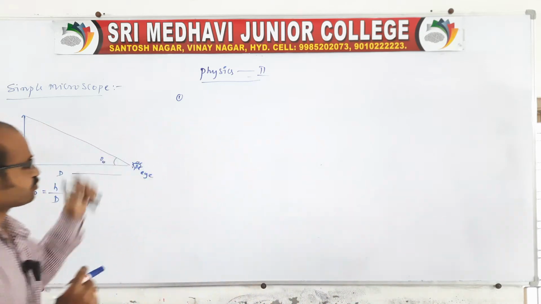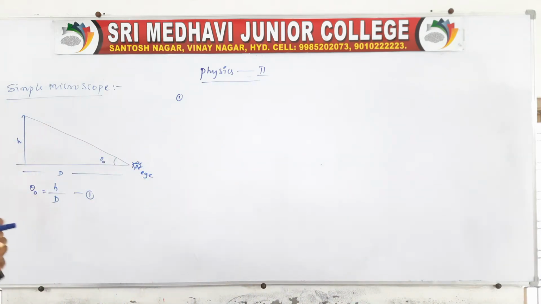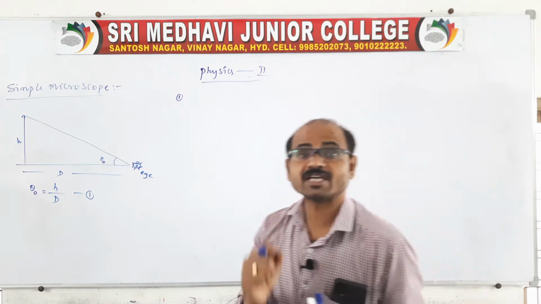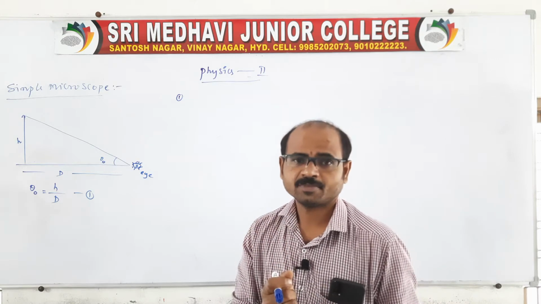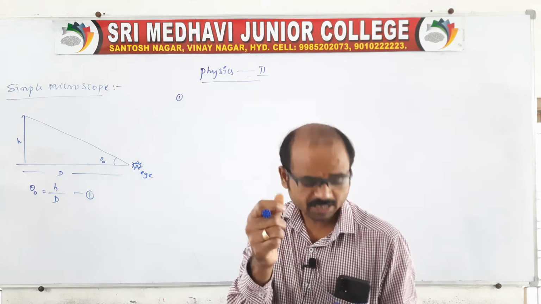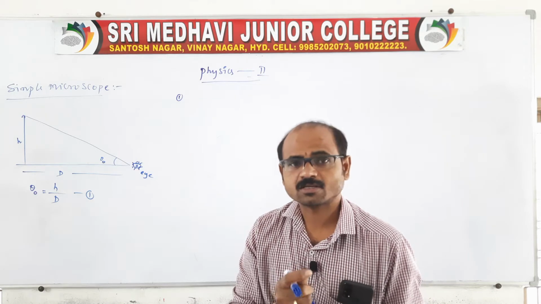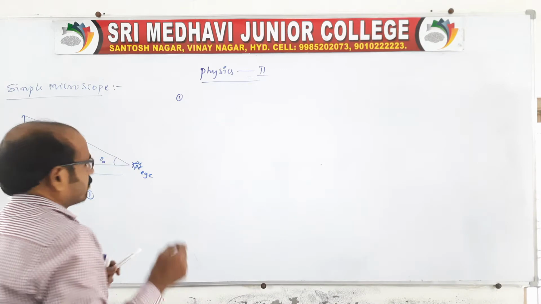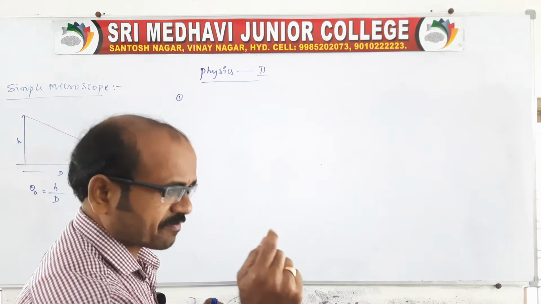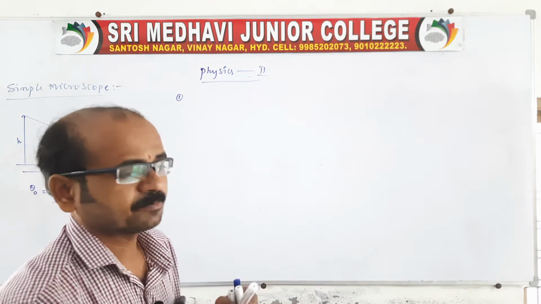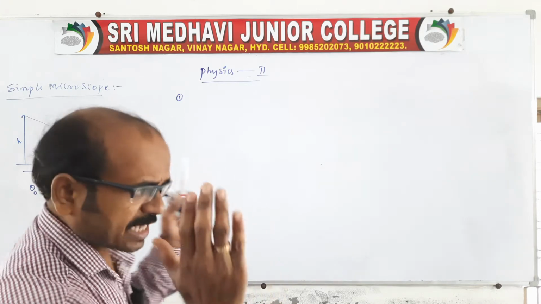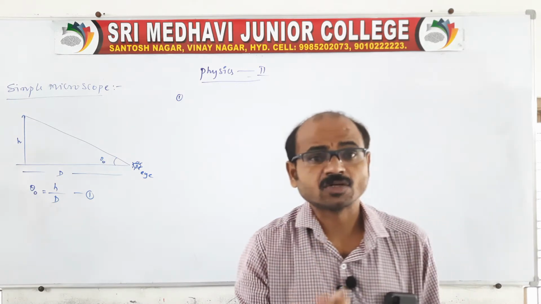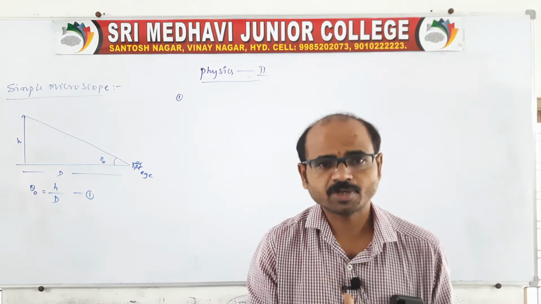So the position of the lens is adjusted depending on the size of the object, or on the size of the image which we want to magnify. We magnify the image by rotating the pin. So it consists of one convex lens which is fitted in the tube. Clear? Now we are discussing only the essential parts, not in deep detail. This is a very important point.